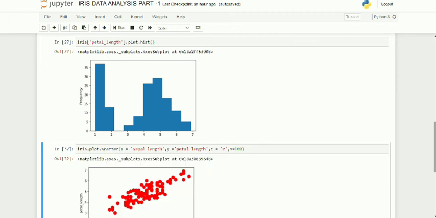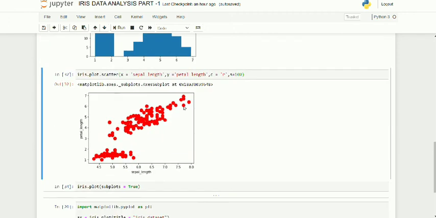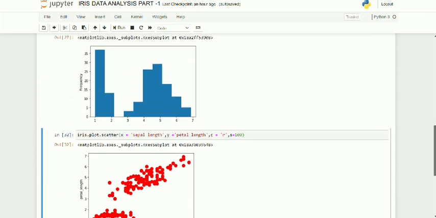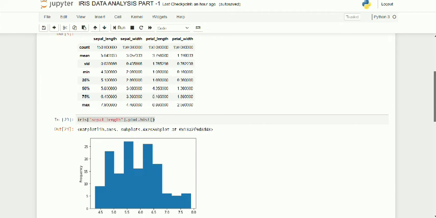If you see the results, you can see here the size is big, as I gave s size 100, and the x-axis shows sepal length and the y-axis shows petal length. This scatter plot shows some relationship between sepal length and petal length. You can draw a scatter plot between any two.